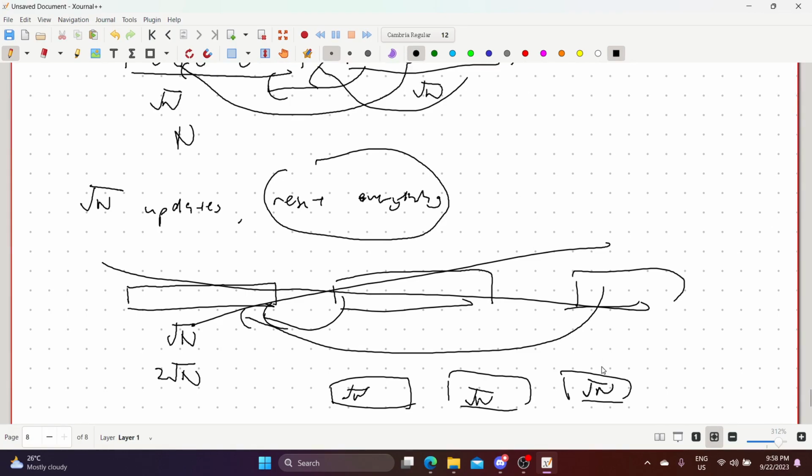Yeah, so if we do this after every square n updates, this means that the bucket size will never exceed 2 times square n. And after that, to reconstruct the buckets, you can do it in O(n) time by a linear scan. So this means that